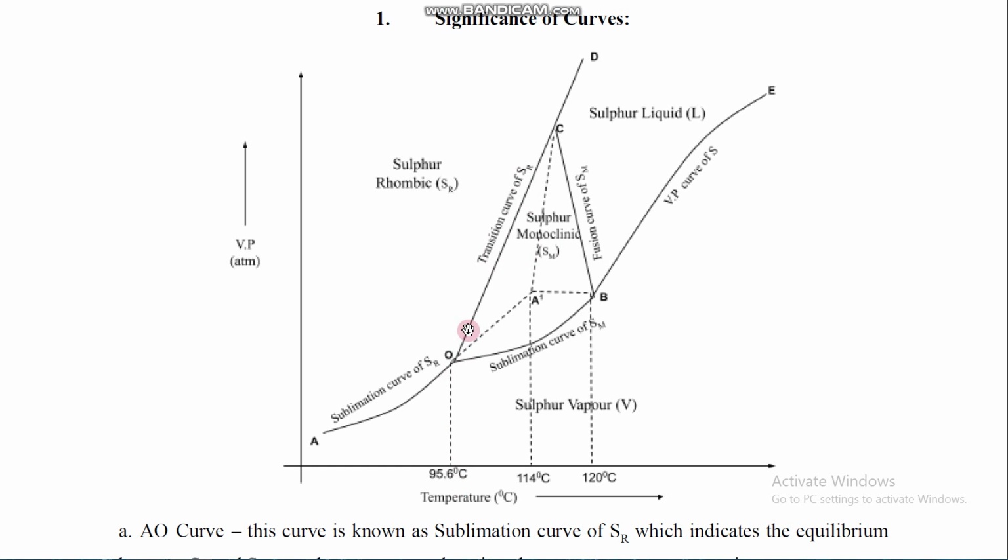We already studied that at this temperature sulfur rhombic is converted to sulfur monoclinic. That particular temperature, 95.6 degrees Celsius, is known as the transition temperature. And next, when the temperature of rhombic sulfur is slowly increased, some molecules